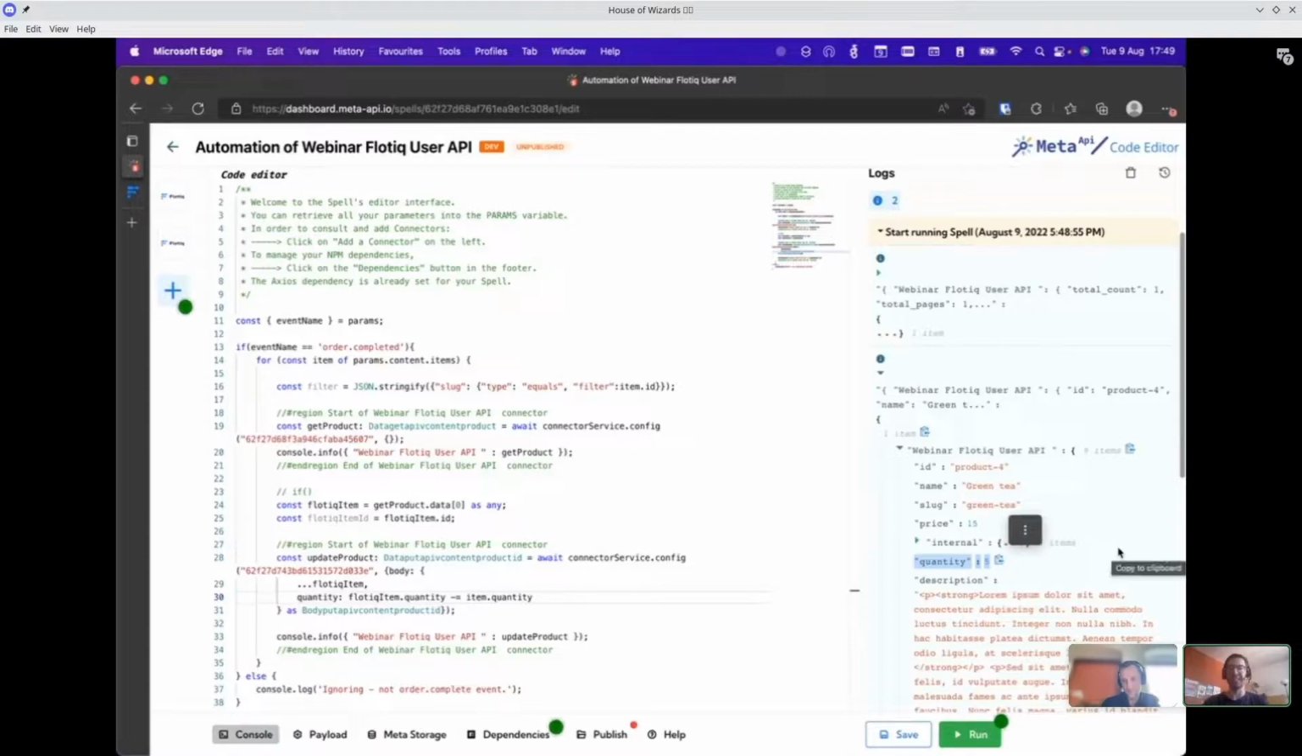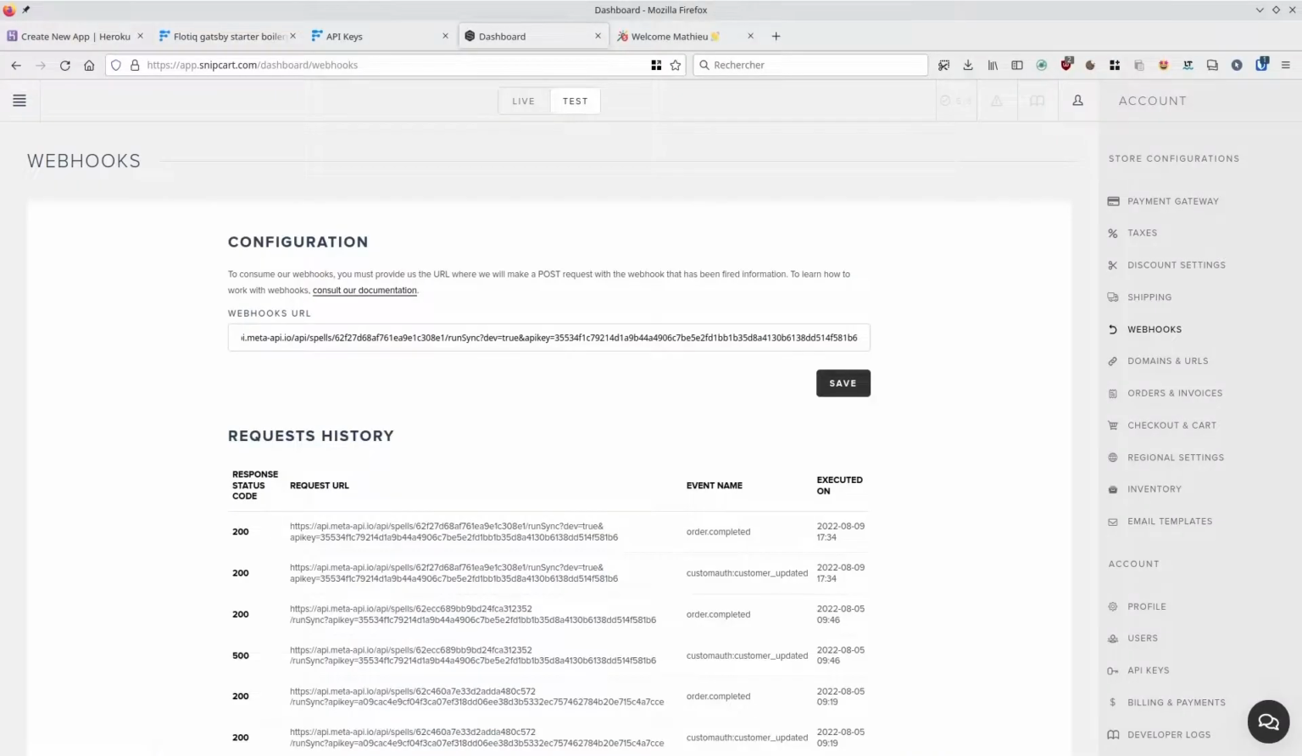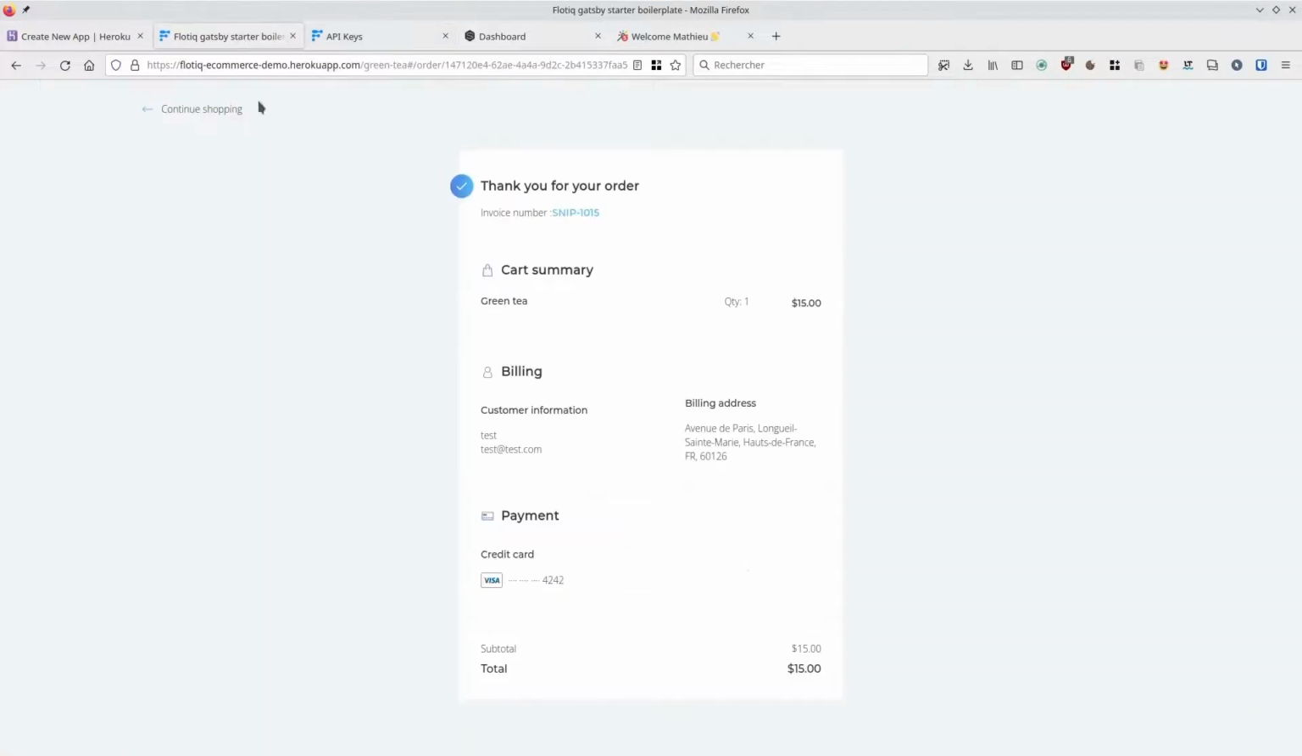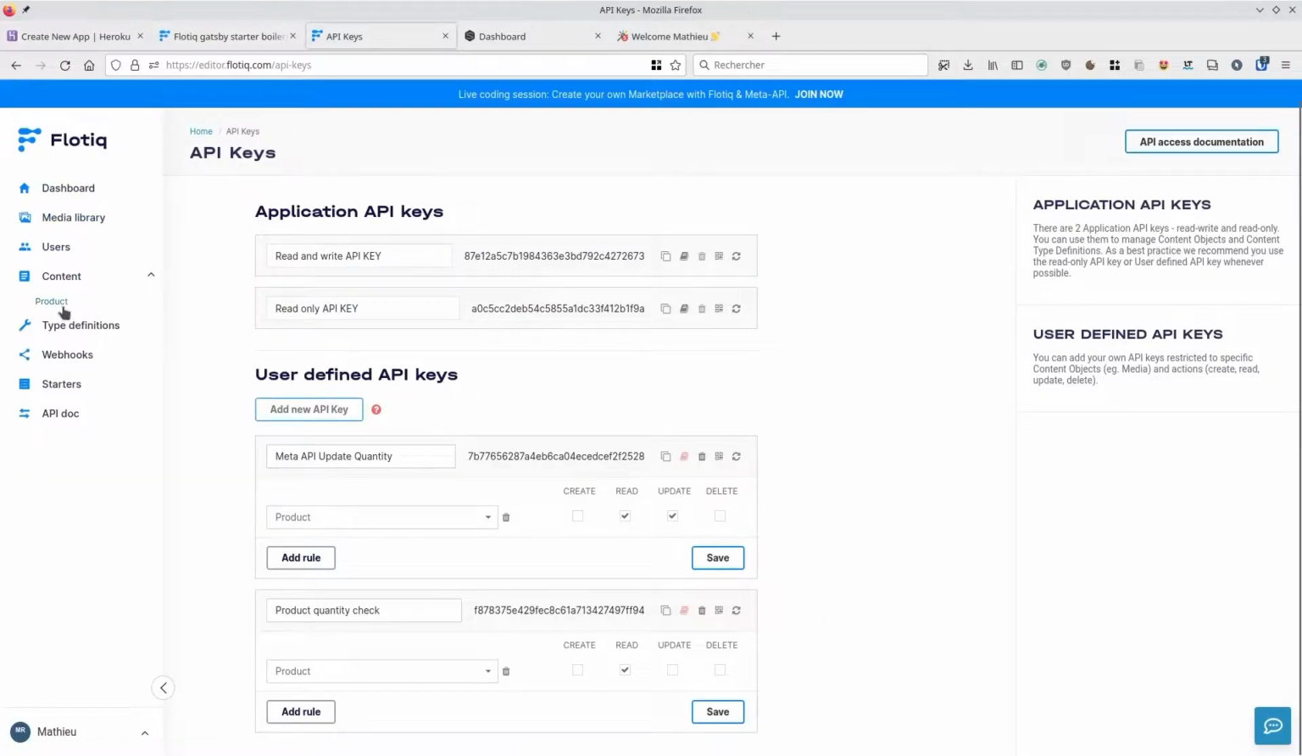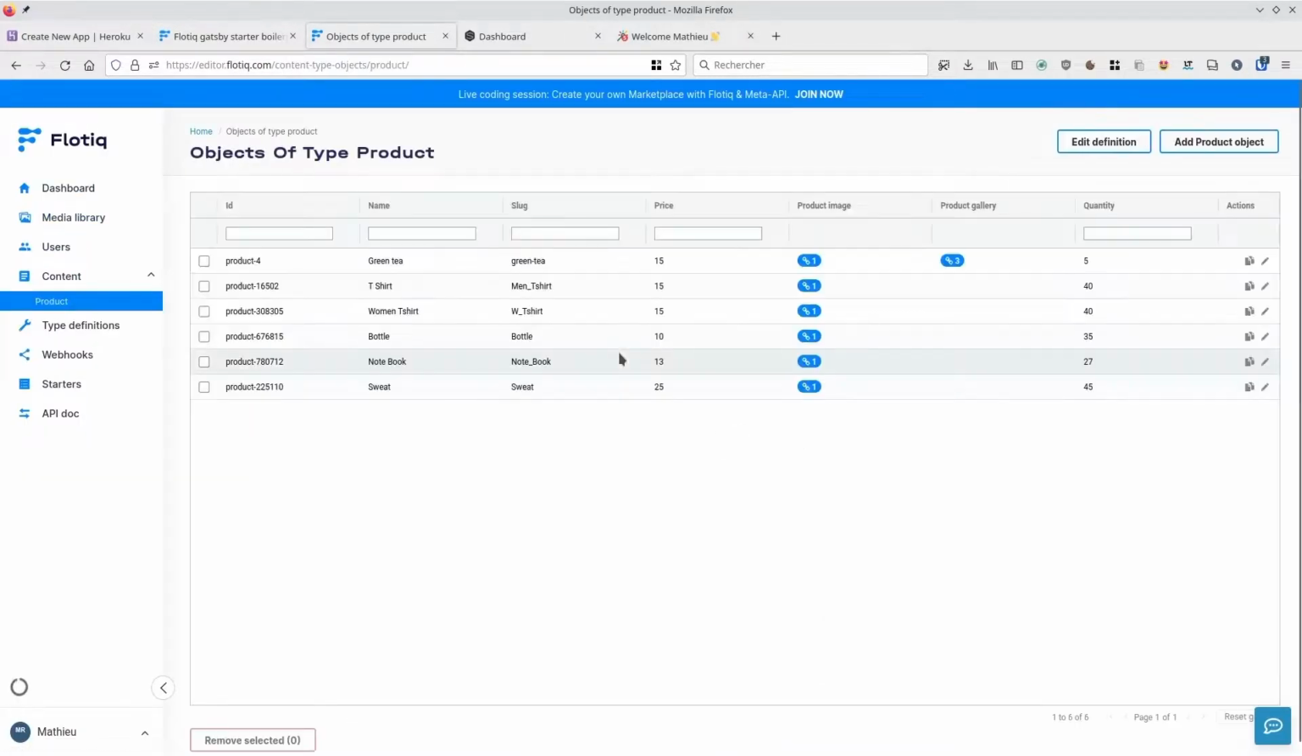Perfect. I see. You see 5, and if I check on my side inside the Flotiq interface, I see 5 also. Great. Perfect. So it's on our development version is